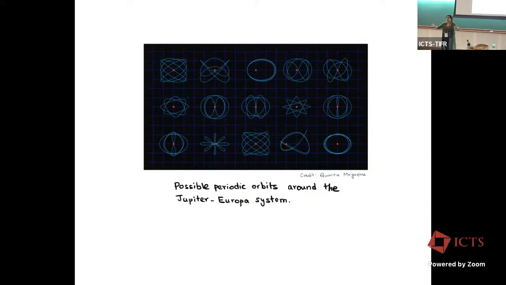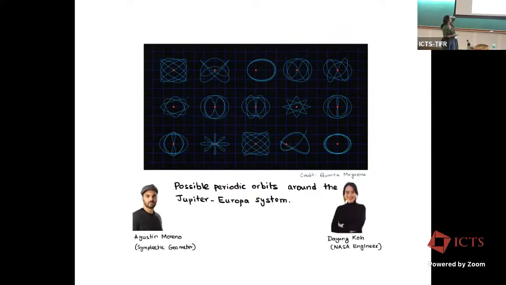And also it's a big mass nearby, so you have to include it. So in the Jupiter-Europa system, if you want to send your satellite, your orbits can look like there are a lot of options. So there's a picture I took from them. And so this person, Agustin Moreno,